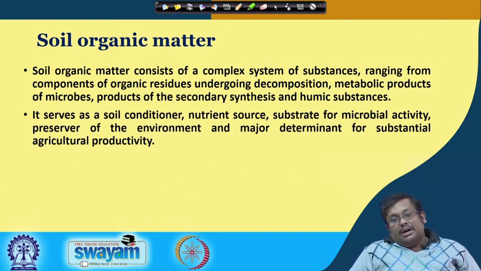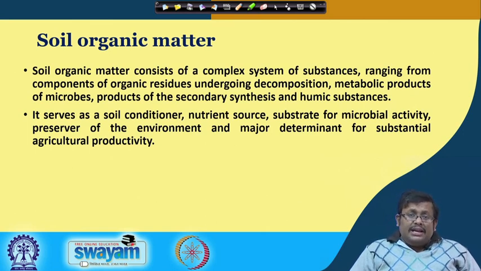If you remember, in the first lectures we talked about how volumetrically it makes up about 5% of the soil, but it is very important, as you know, since it has a high cation exchange capacity as well as a high nutrient holding capacity. The organic matter contains several organic fractions, starting from the fresh litter which is present over the soil surface, then decaying organic matter, then a stabilized form of organic matter which is resistant to further decomposition, which we call humus.